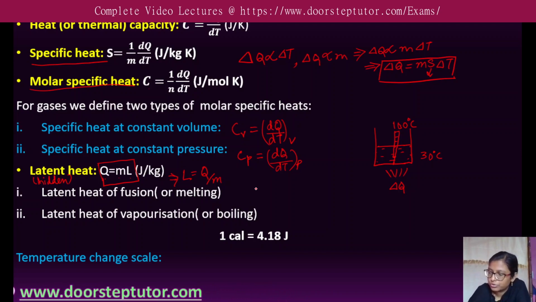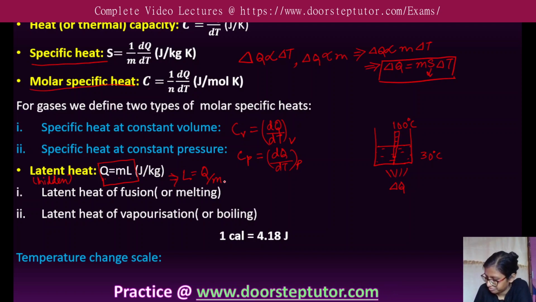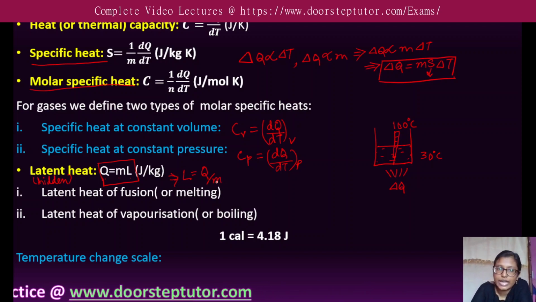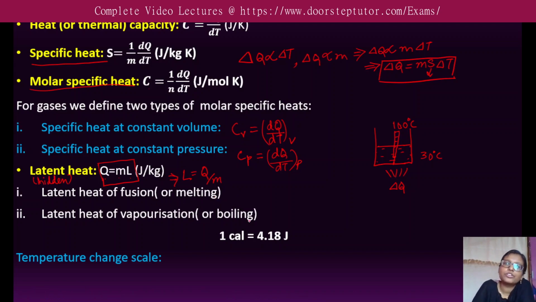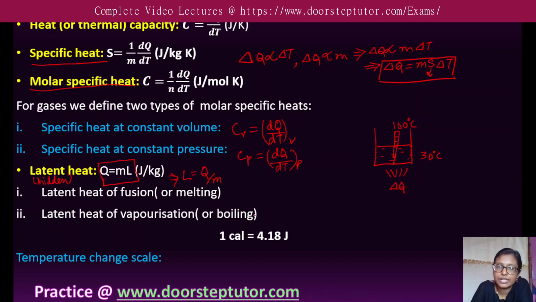If we have to change the phase from solid to liquid, then the amount of heat required to change the state of unit mass of the substance from solid to liquid at its melting point is known as latent heat of fusion, and the amount of heat required to change the phase of unit mass of substance from liquid to gas at its boiling point is called the latent heat of vaporization or latent heat of